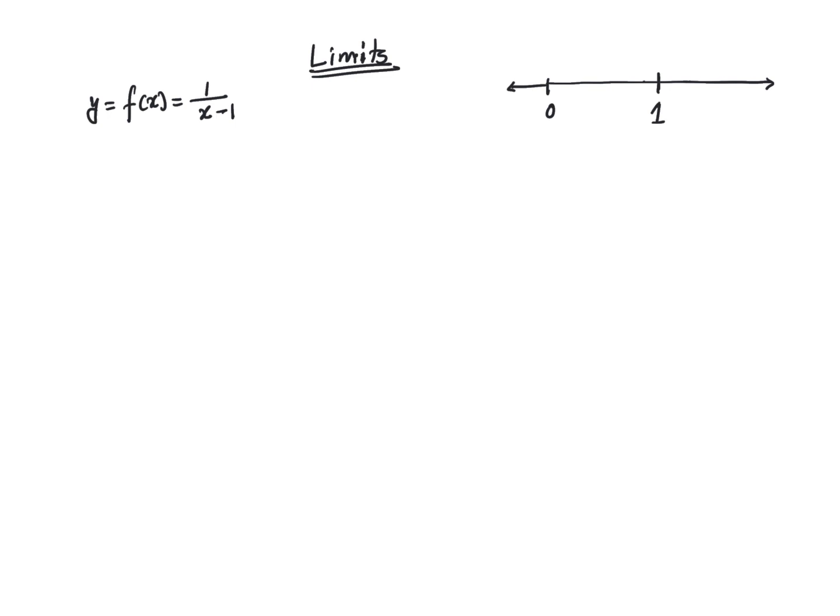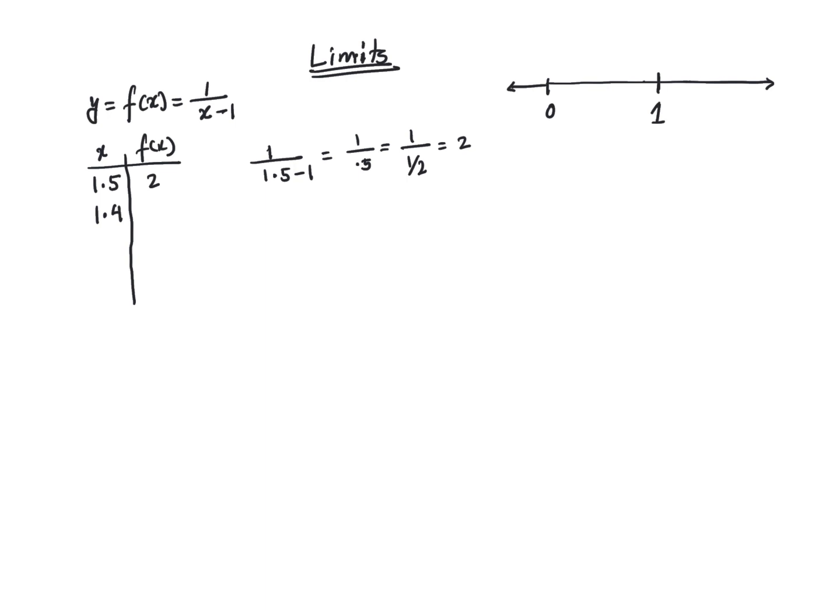So let's start off with the value of the function from the right. I'm going to create a table with x and f of x. If x is, let's say, 1.5, f of x is going to be 1 divided by 1.5 minus 1, which is 1 over 0.5. 1 divided by 0.5 is 1 over 1 half, that's going to be just 2. Now, what if I go to